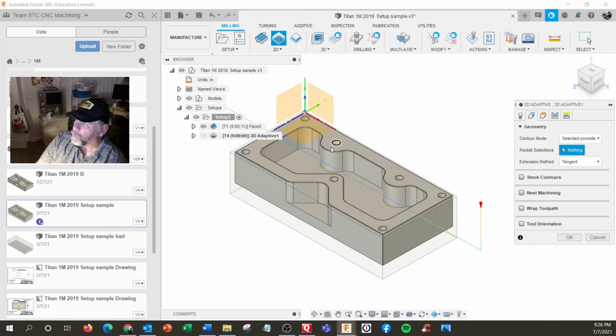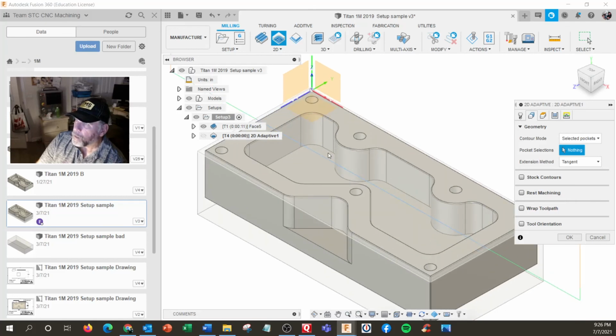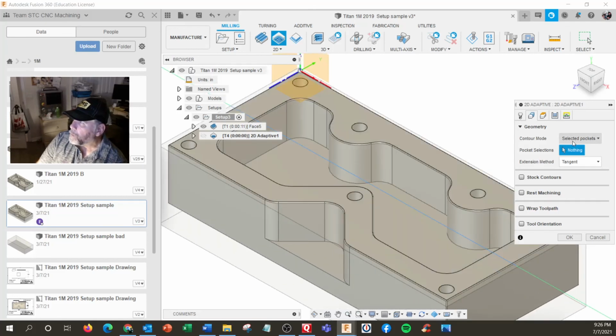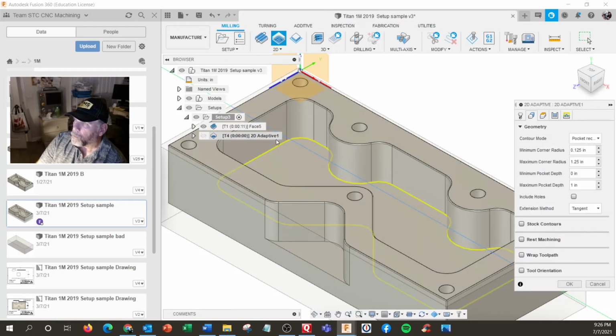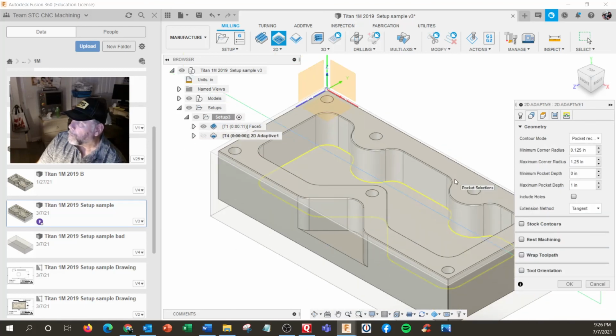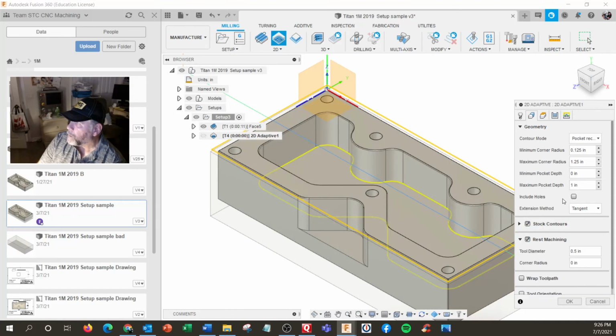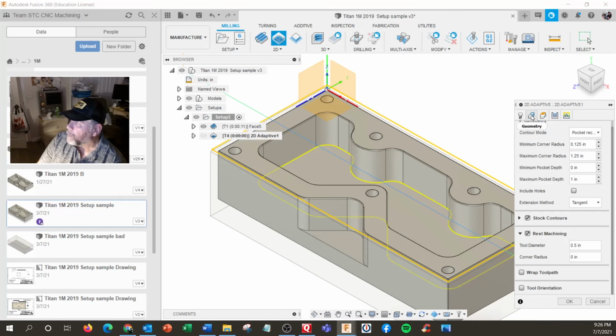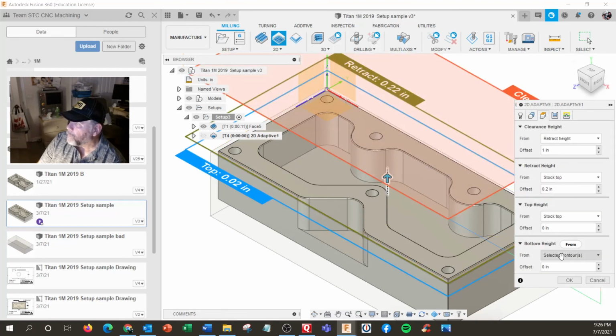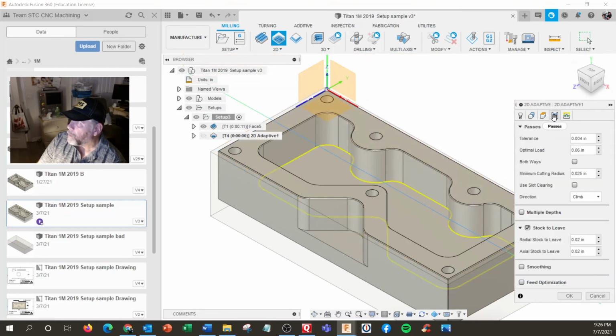2D adaptive, which means I got to select geometry. Let's see. Contour selected. Pocket recognition. Ooh, it must be new. Let's see. Stock contours. No, that's identified. Rest machining. We need that. Heights. I'm going to leave that alone for now. And right up here is